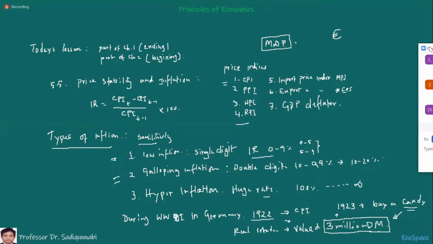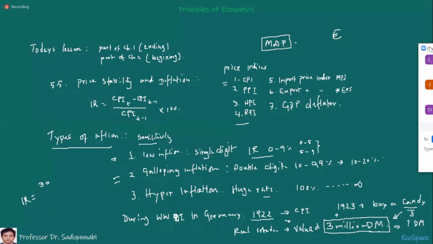Now imagine, what is the CPI or what is the inflation rate? Can you imagine what could be the inflation rate? Maybe the candy in 1922 was 1 Deutschmark. And can you measure the CPI? So what could be the CPI, I mean, the inflation rate? Can you tell me what could be the inflation rate? 3 million. 3 million percent. Yes, sir. Okay, so how do you measure it?